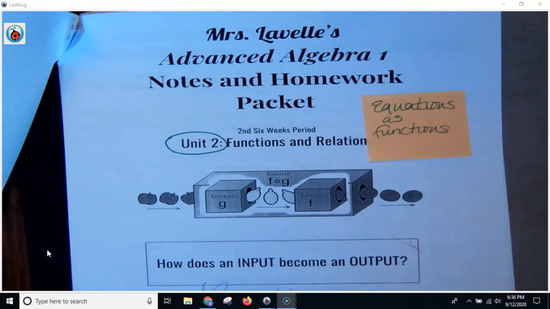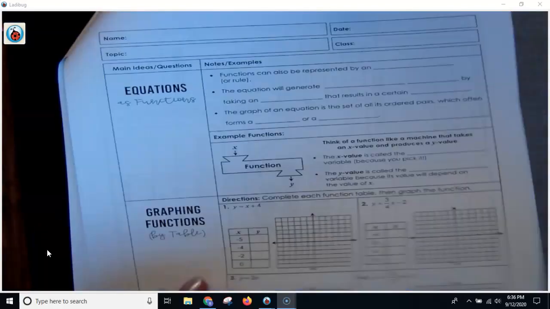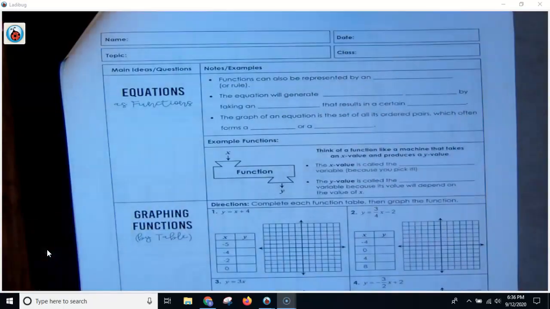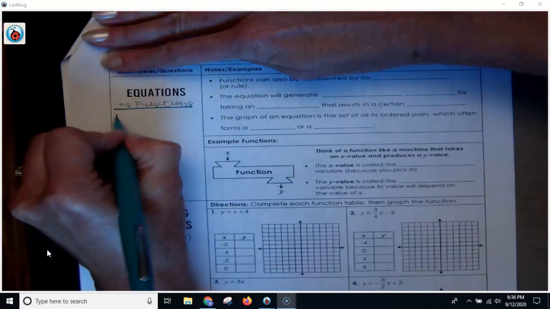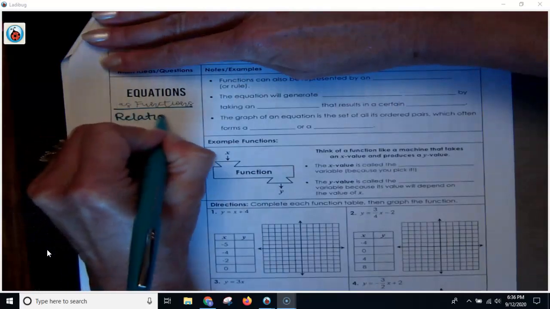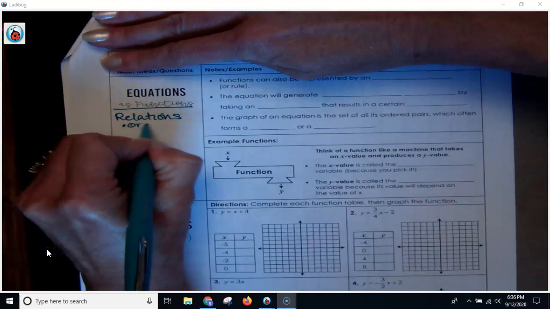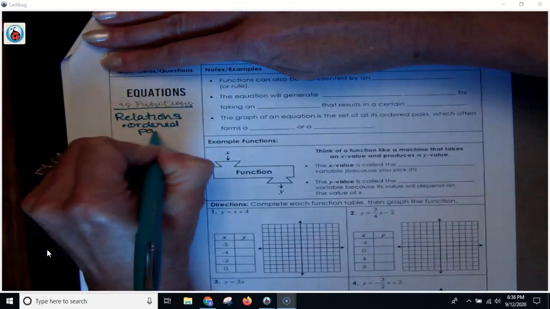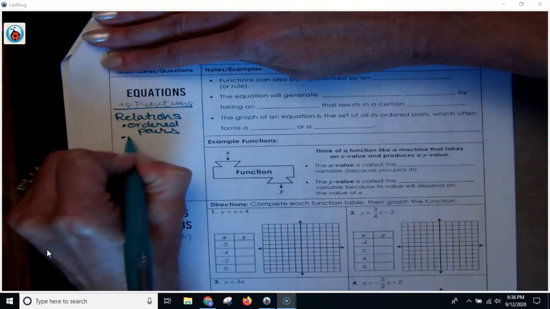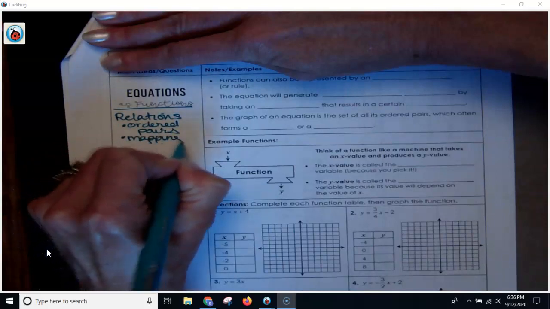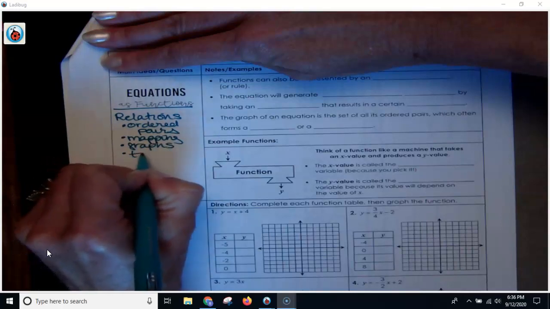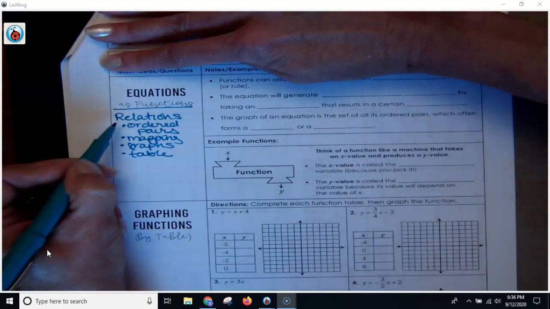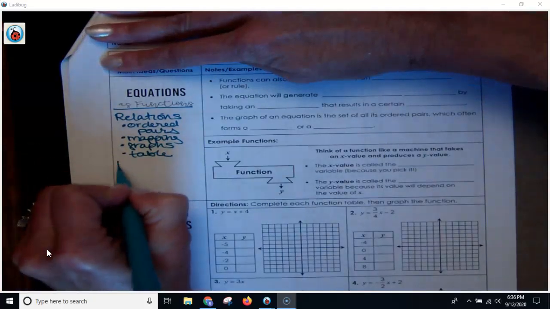So we are moving on to equations as functions. Just to reiterate, what you already know is that we have these things called relations. They can be shown as ordered pairs, as mapping, as graphs, and in a table. These relations are functions